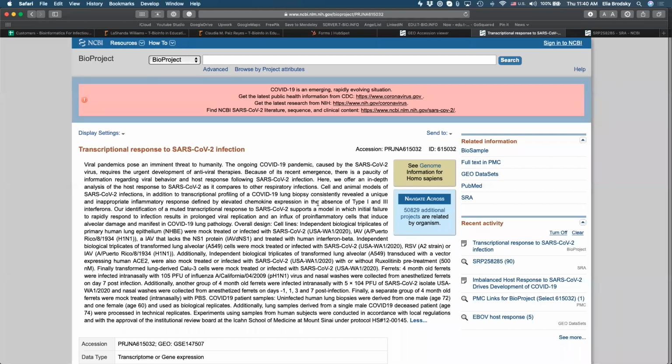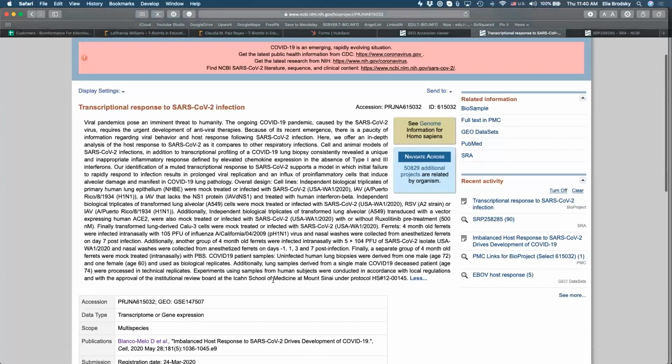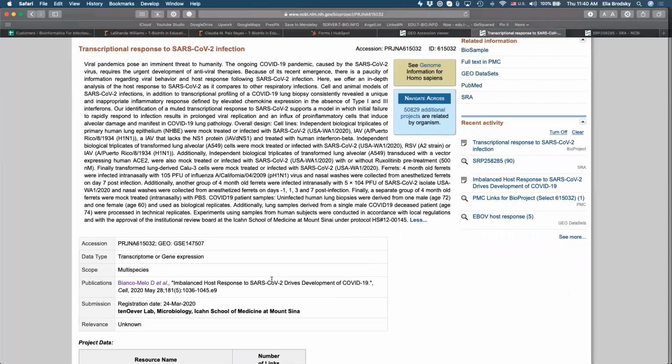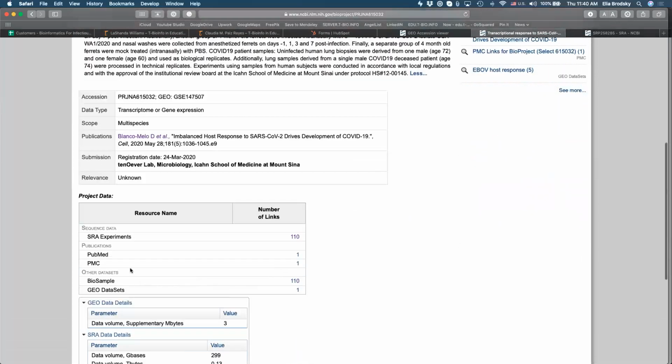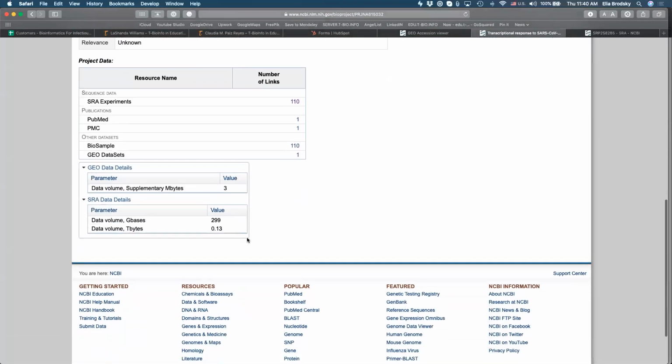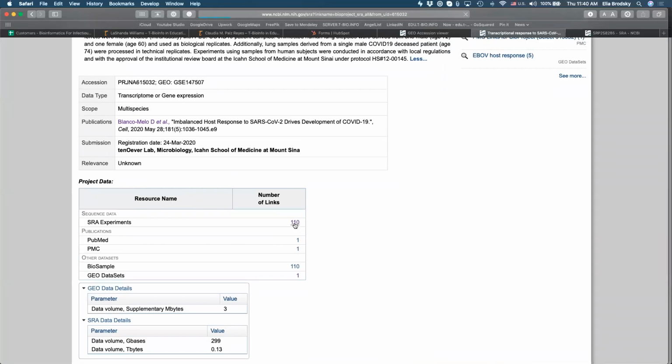You can see different treatments. Lung alveolar, and even they made these cells express human ACE2, and even tested here a specific drug. So if you actually look at SRA experiments, let's look at the SRA experiments and I'll show you some interesting